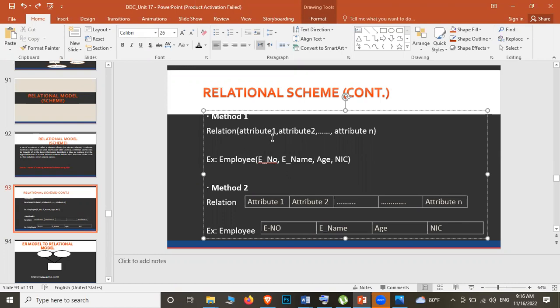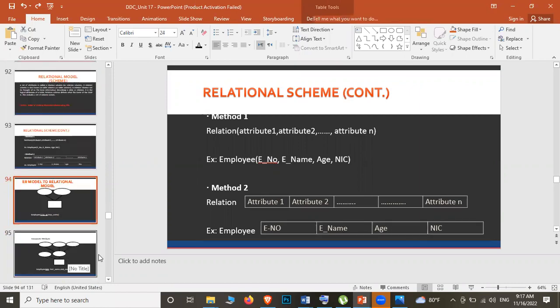තේරුණාද? දැන් අපි ER diagram එක බලලා relational schema එක තමයි දෙවනියට අපි ලියාගන්නේ මේ විදියට. If not, there are two methods. You can either write like this, or you can just edit inside the table. ඒකට relation එක මෙතන දාලා what are the attributes කියලා මෙතන ලියන්න පුළුවන්. employee කියන එක තමයි entity, employee number, employee name, age, NIC කියලා ඔයාලට ලියා ගන්න පුළුවන්.